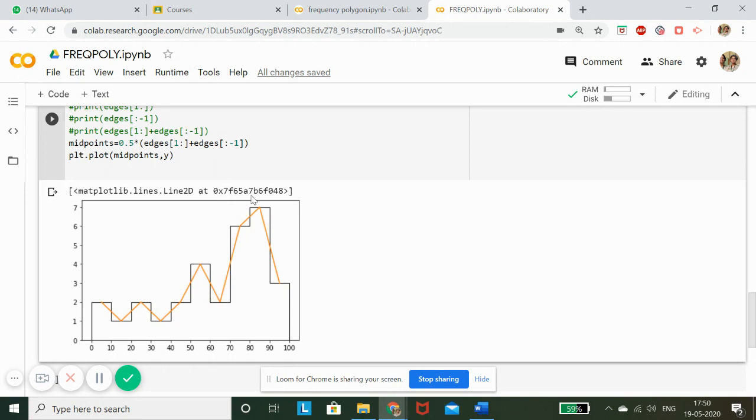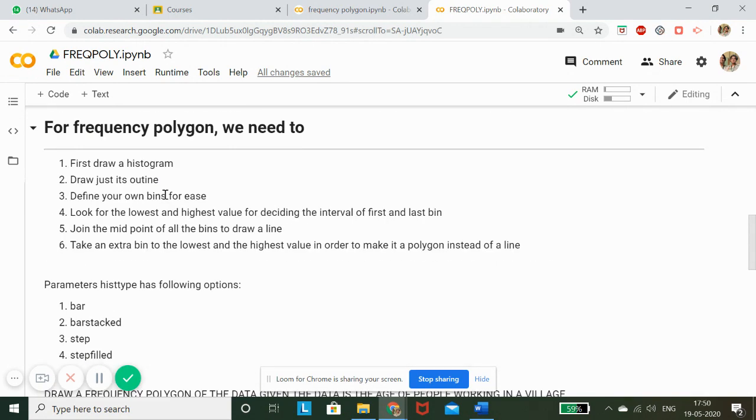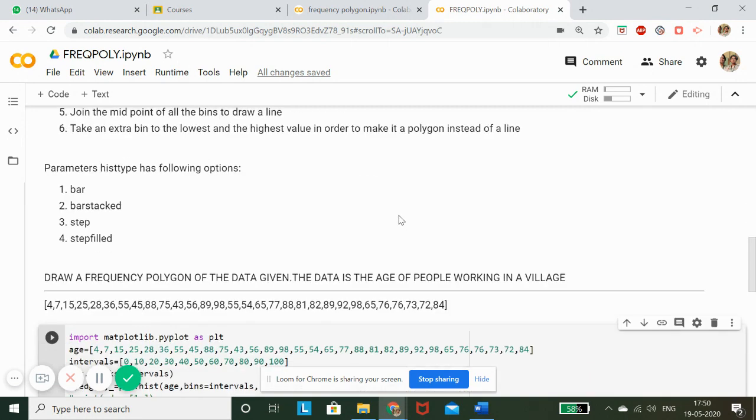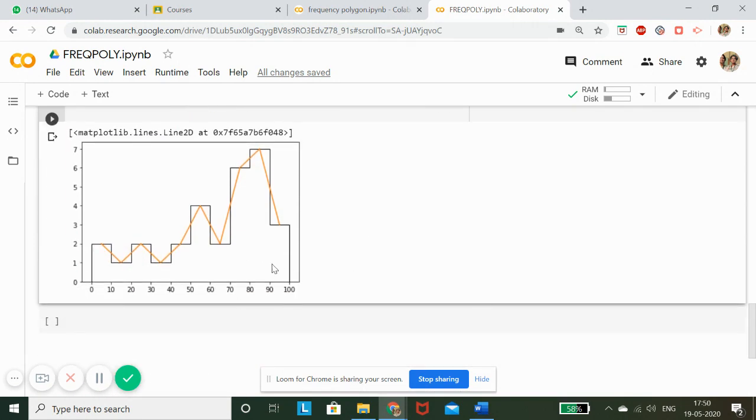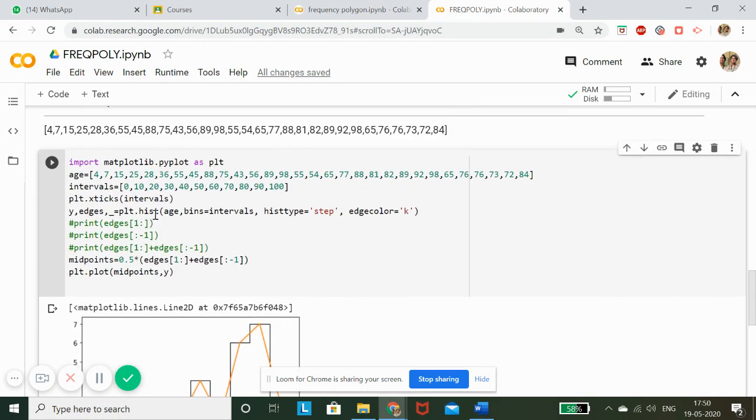But my graph is not complete over here, because you can see here, this is a line, this is not a polygon. And as I told you, my last step is to take an extra bend to the lowest and the highest value in order to touch this line to the x-axis. So what I will do here, these are my intervals. My lowest interval is 0 here. As per my values given over here, the lowest value is 4. So I had to take my 0 interval.